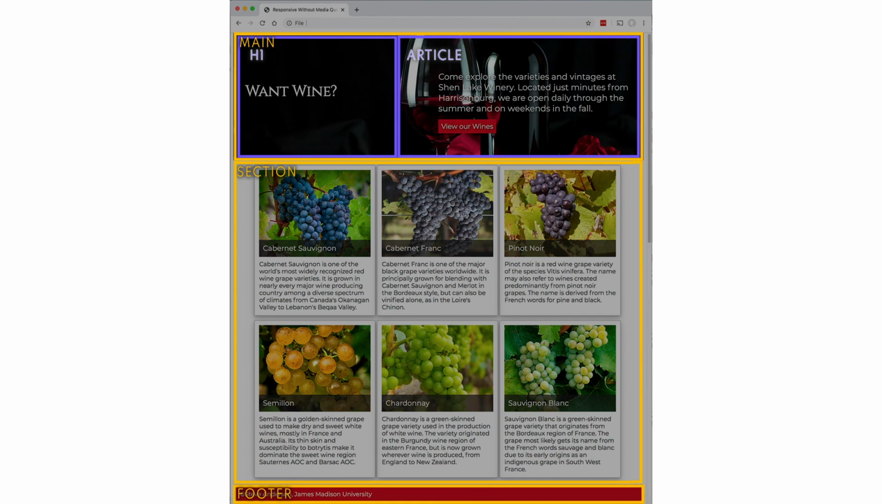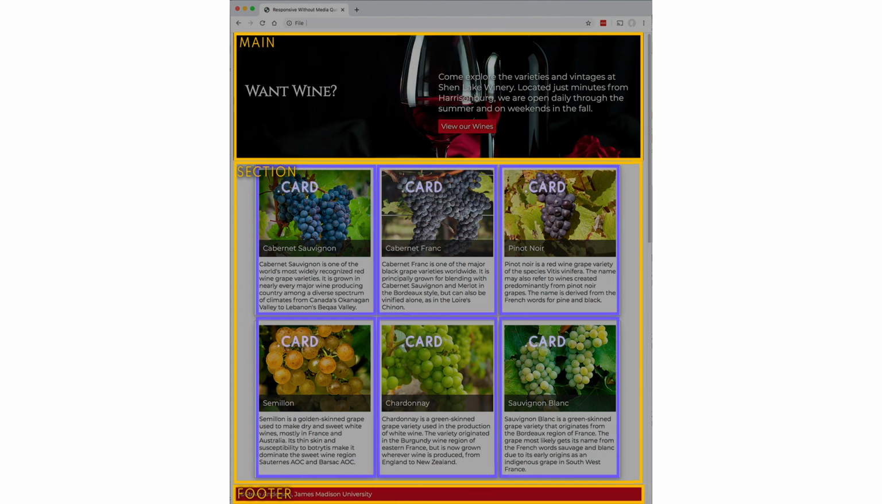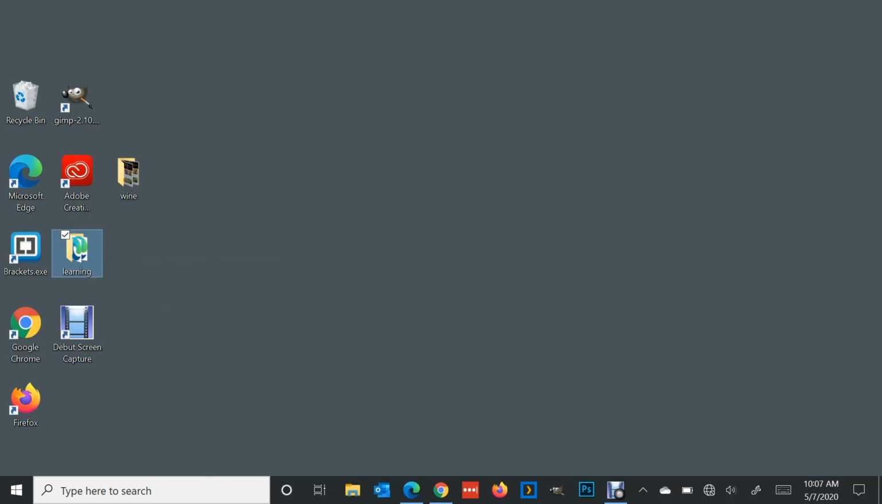which are an H1 and an article. And the other area that does something similar is down below that inside the section. You'll notice here that the section itself will be turned into a grid container, and that container will have 6 .card or class items of card as part of its grid items, and that will be responsive as well using AutoFit or AutoFill. Let's go back to the Learning folder,